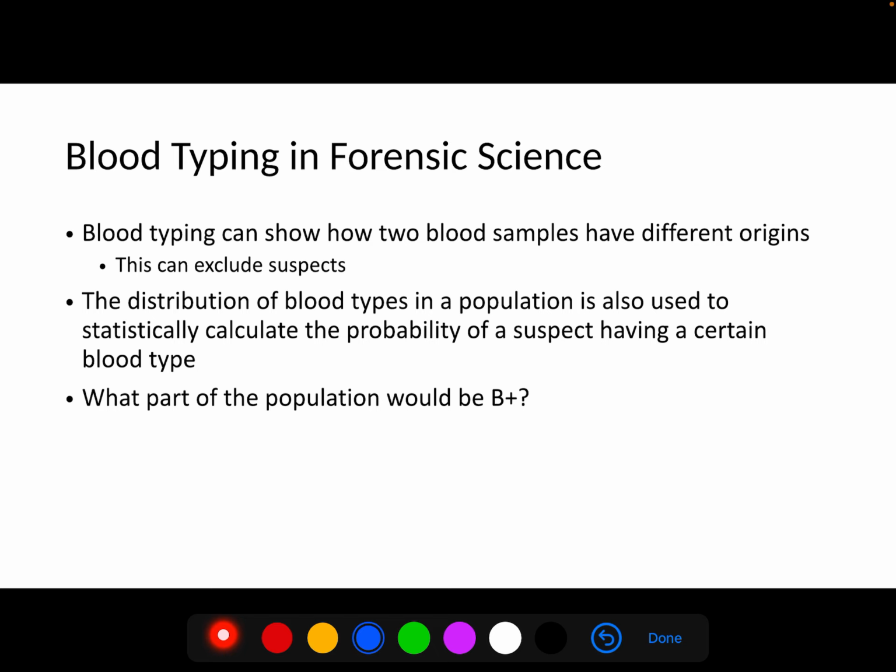So if we're looking at what part of the population would be B positive, we would have to multiply the two percentages together. We said 11% of people were type B blood, and 85% of people were positive for that Rh factor. So if we multiply that together,